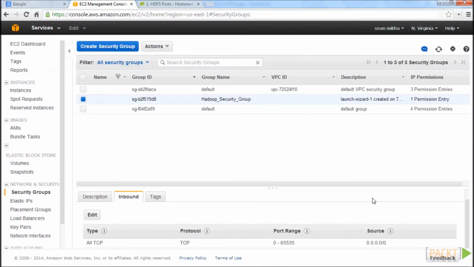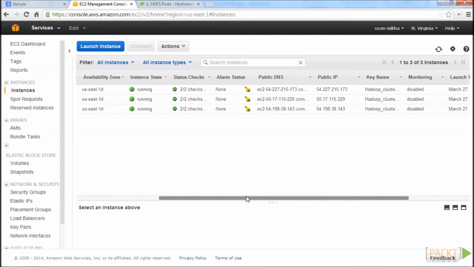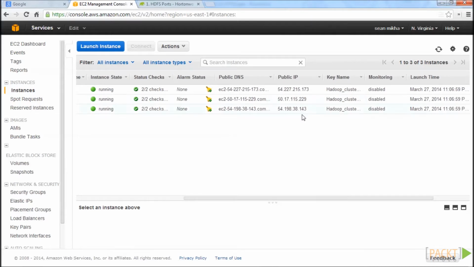And now that we've defined security group, we'll go over and click instances, and we'll see different nodes that are running in our instances. These are each of the Linux instances we created, and now we can click on one of these instances and you can see its security group defined. Now these instances that we have here were created at a later time, and we see that for the current system,